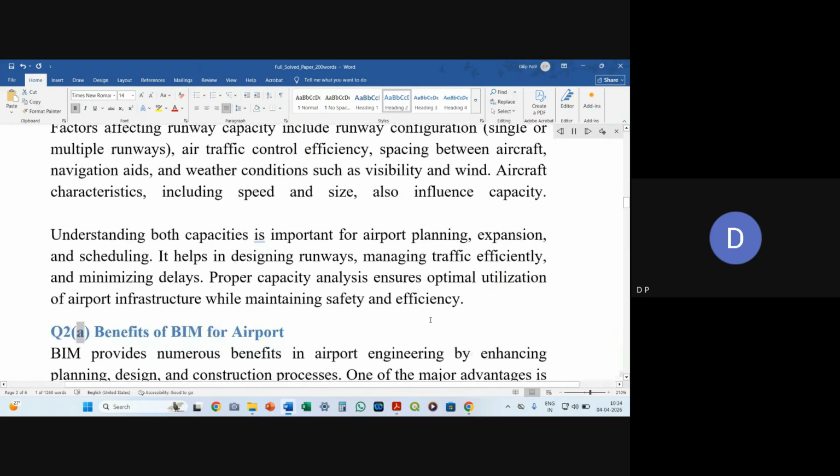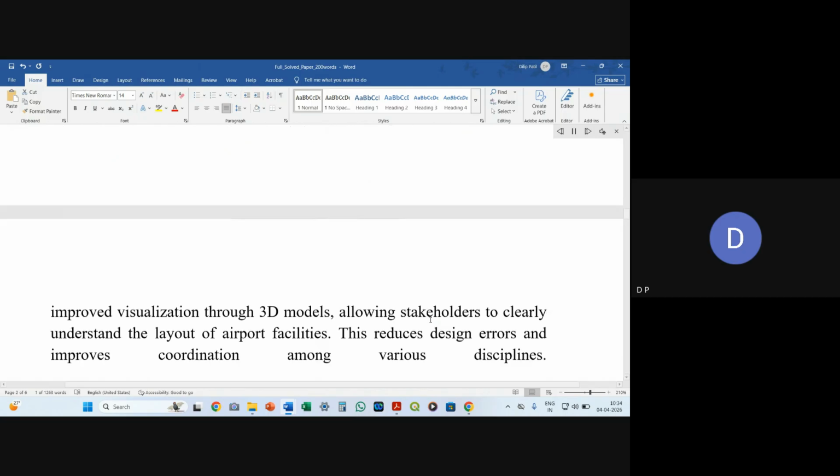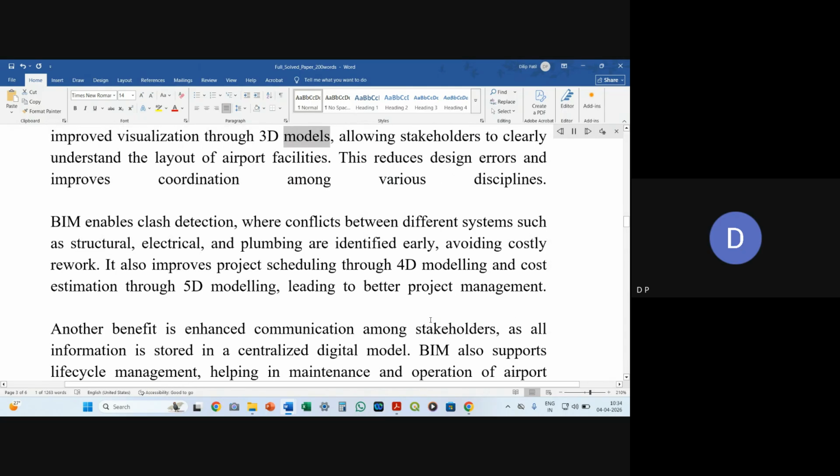Q2. A. Benefits of BIM for airport. BIM provides numerous benefits in airport engineering by enhancing planning, design, and construction processes. One of the major advantages is improved visualization through 3D models, allowing stakeholders to clearly understand the layout of airport facilities. This reduces design errors and improves coordination among various disciplines. BIM enables clash detection, where conflicts between different systems such as structural, electrical, and plumbing are identified early, avoiding costly